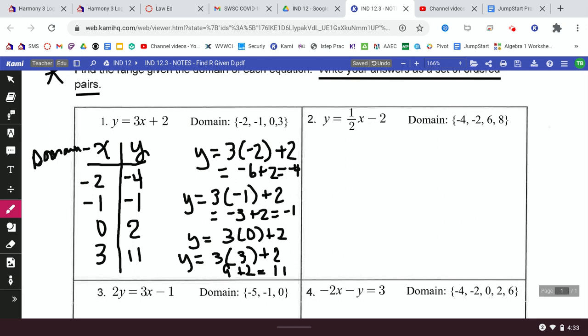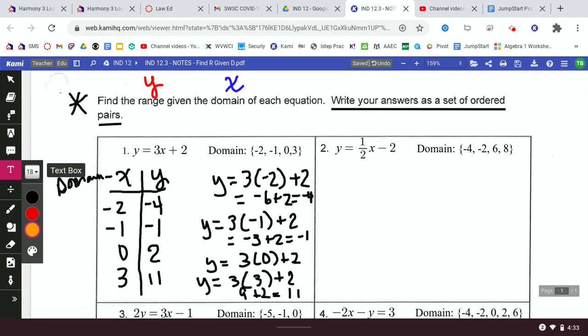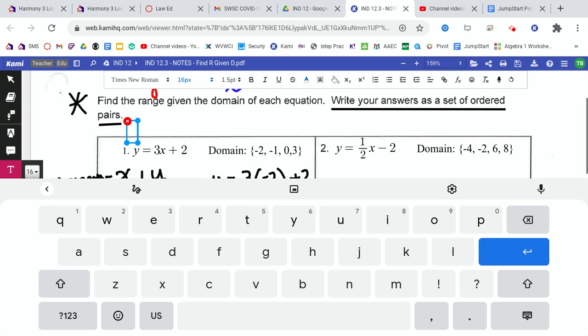Now I want you to look at this part of the instructions I have underlined. It says write your answers as a set of ordered pairs. And we also know that a set of ordered pairs is called a relation. So we're going to write our answer as a set of ordered pairs. So for our answer for number 1, I'm going to do it right above it just because I don't have enough space inside my box. So I'll just put a text box right above it. All right, so our relation,